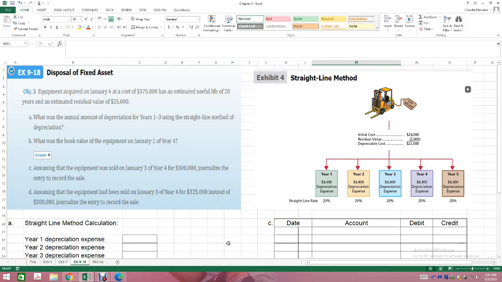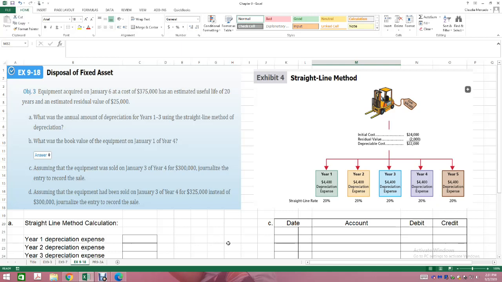Okay? The third problem deals with the disposal of fixed assets. Okay? So you have an asset in your books and you're getting rid of it. Okay? What are you going to do when you get rid of an asset that's sitting in your books? So it says here, equipment acquired on January the 6th at the cost of $375,000 has an estimated useful life of 20 years and an estimated residual value of $25,000. Okay? Letter A. What was the annual amount of depreciation for 1 through 3 years using the straight line method